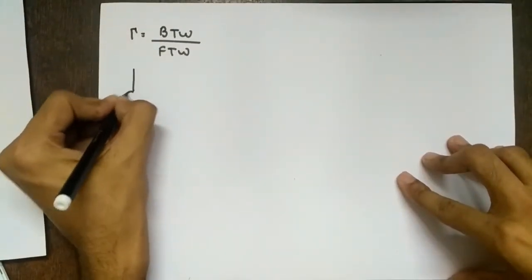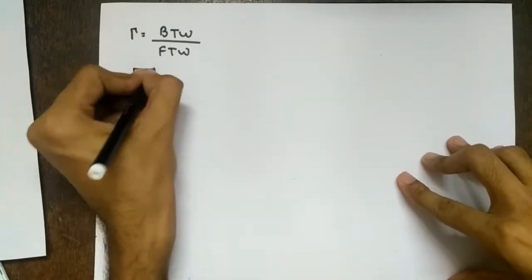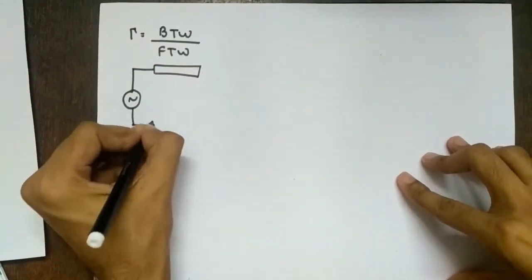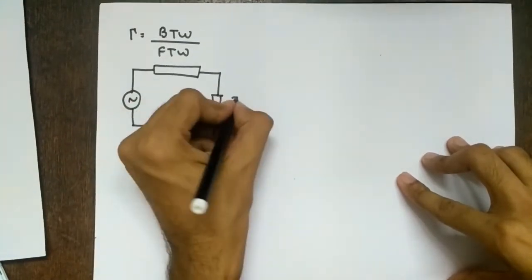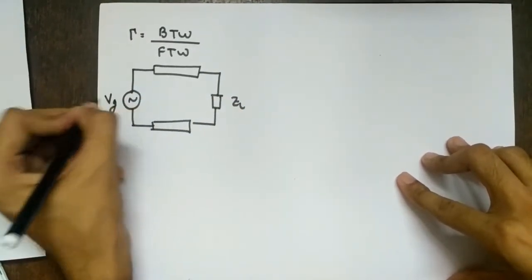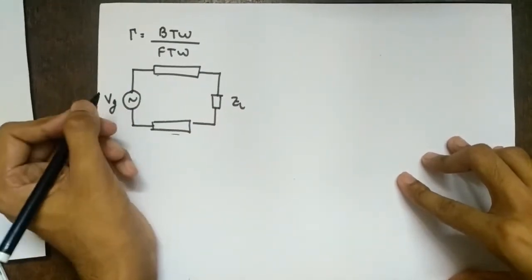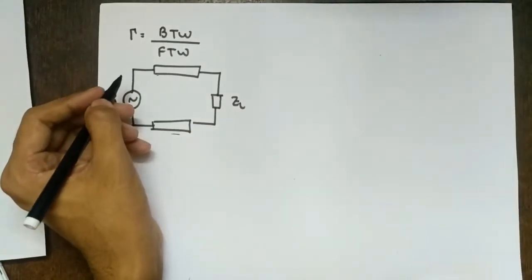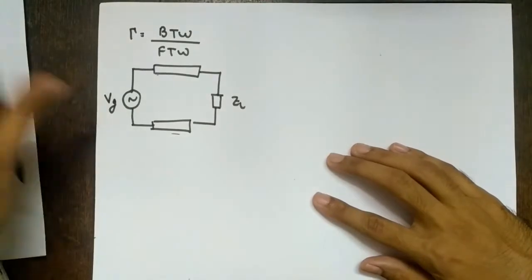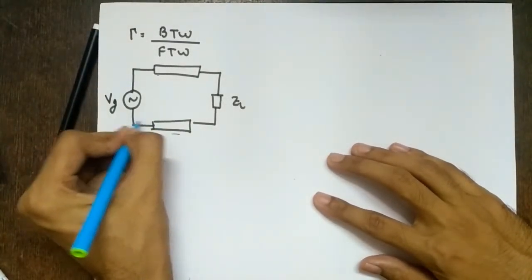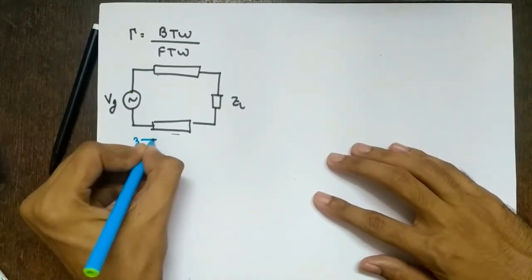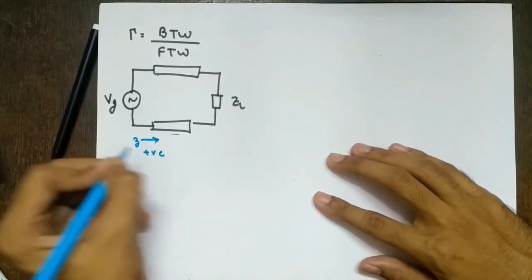Before that, since we have introduced the load, there is one convention followed in transmission lines. Let me introduce you to that. So this is my load ZL, this is my source voltage VG, this is my transmission line. What we have assumed so far is that we are traveling along the transmission line from left to right. So z is going like this. It is positive in this direction.